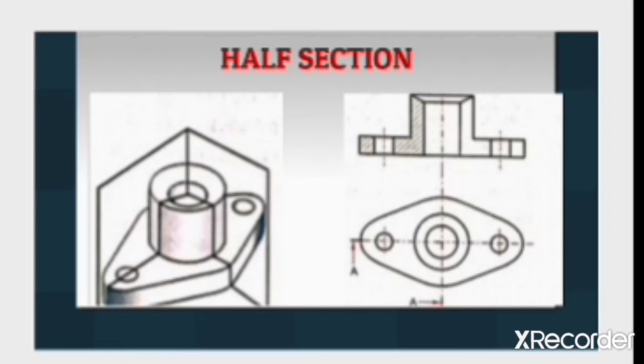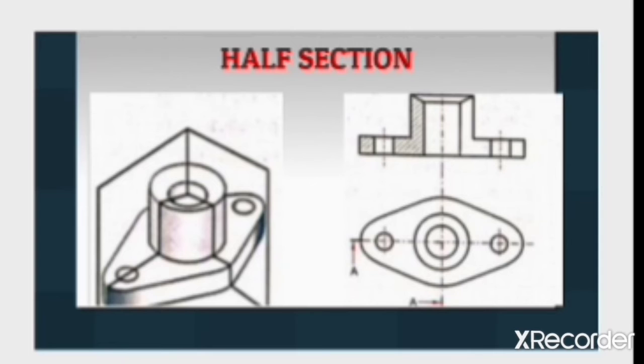Here the hatching line should be drawn where the cutting plane passes through the object only. So the rest of object should not be mentioned by hatching lines. So in the second diagram we will mention by hatching lines in the left portion only. The right portion of object should not be mentioned by hatching line.